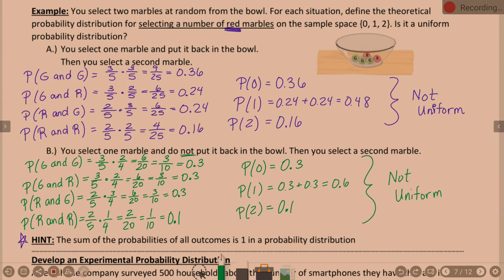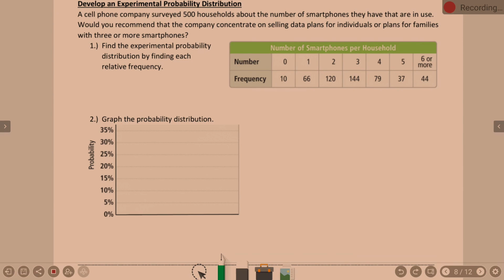Okay. This was all based on theoretical probability. The idea of, we see the 5 balls in the bowl, 3 are green, 2 are red. What is the probability just based on what we're picking? In this next section here, we're going to be looking at experimental probability distribution. When we talk experimental as opposed to theoretical, it's based on numbers provided. So more like survey numbers. I don't really want to say experiment because it doesn't really sound right, but your experimental is based more on